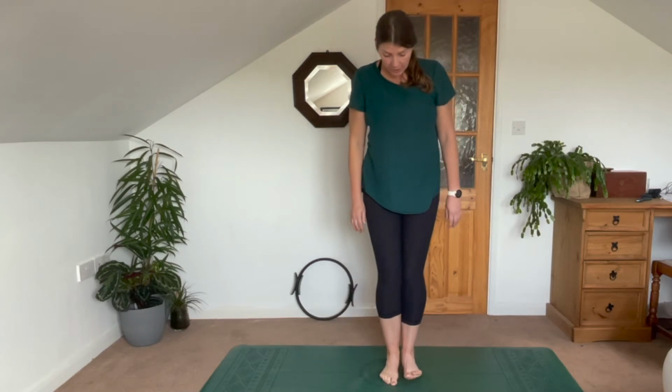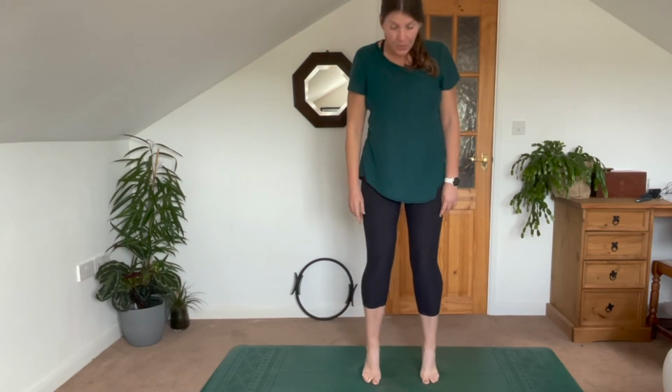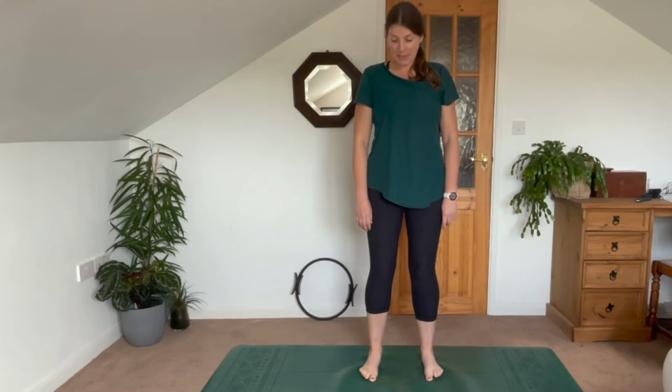We're going to start up in standing, so take a moment just to bring your feet hip distance apart. I like to do this by turning my toes out and then bringing my heels in line. Have a little rock forwards and backwards, just transferring the weight from your heels to your toes. And then settle down with your weight equally balanced between your big toe, your little toe and your heel on